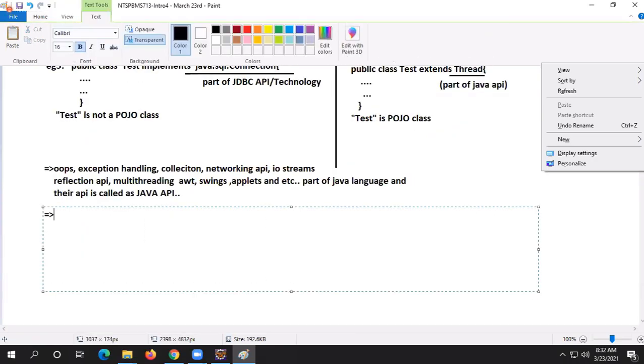Right. And you know that JDBC, RMI, EJB, servlet, JSP, JMS, and so on